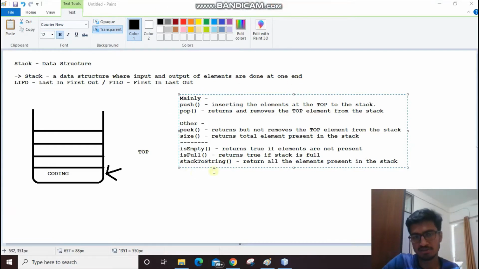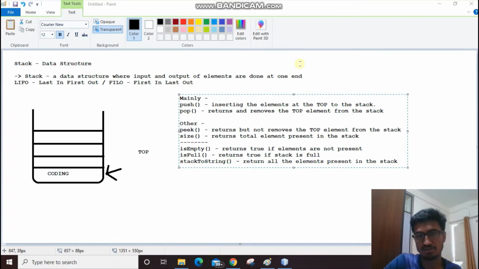So these are all the methods used inside this. We can create any type of elements, right? We can use any type of stack. Here I've used string. I can use it for float, double, long, int, and I can use it for character also. And one of the applications of stack, which is balancing the equation, also takes character as an input, and that's what we are going to do in further classes. But for now, these are all the methods.